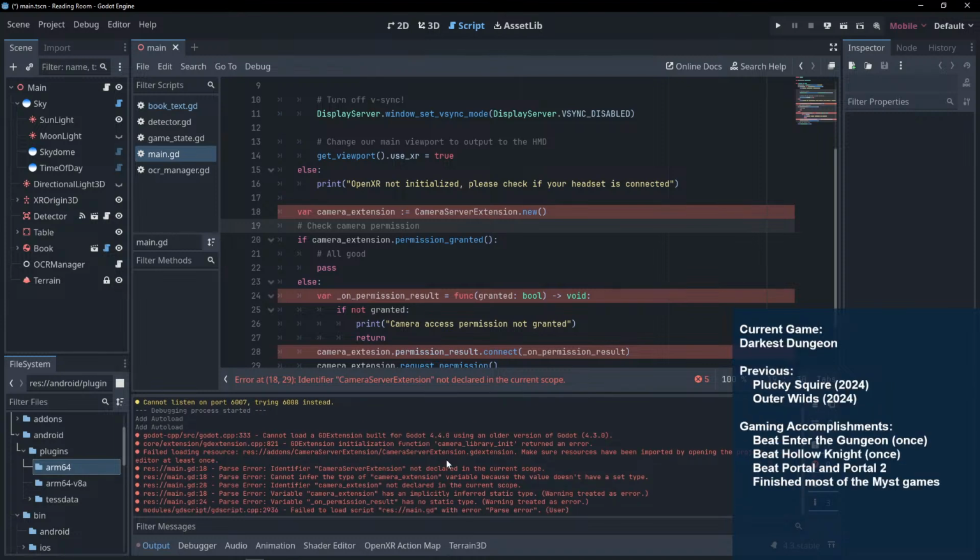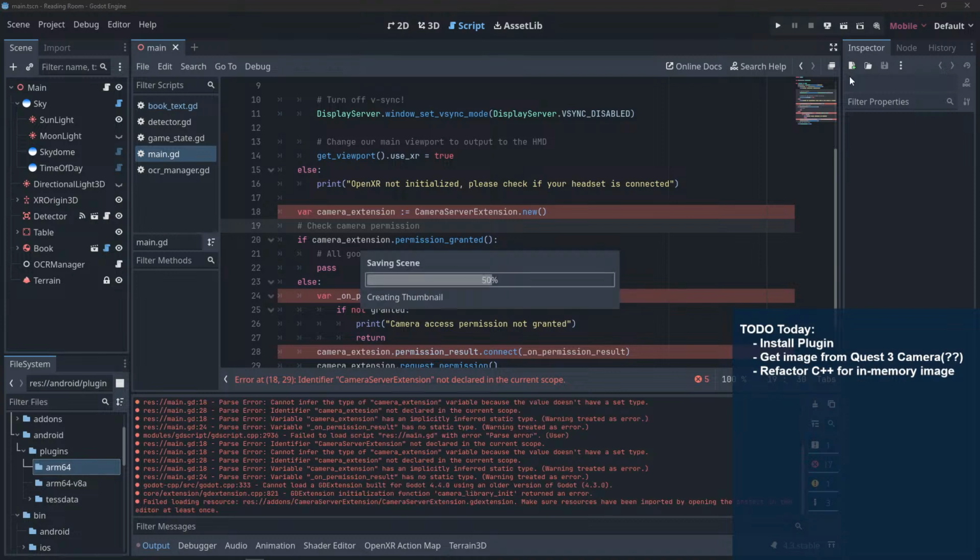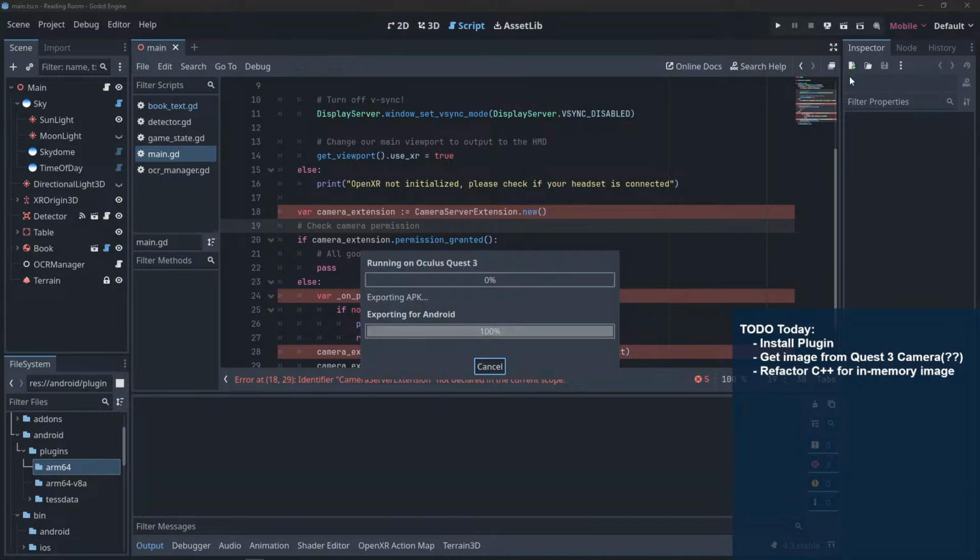I mean, I could have sworn I changed everything that should have been there. All right, well, let's give it a run anyway. See if maybe somehow it magically works on Android. Probably won't, but